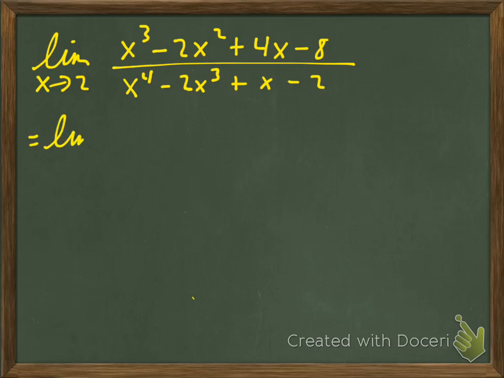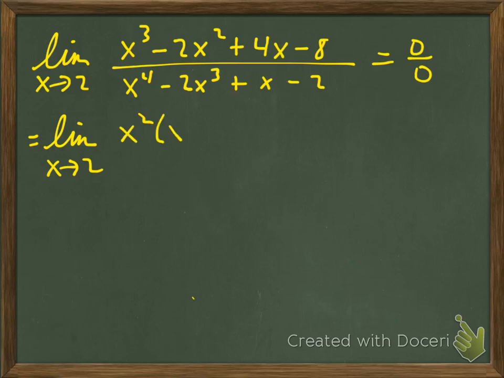Understand that when you see one like this, it's always going to be 0 over 0 in these problems in the book. But if you eyeball it, 8 minus 8 is 0, plus 8 minus 8 is 0 up there. And then down here, 16 minus 16, 0, plus 2 minus 2, 0. So we clarified that. So x is approaching 2, and then in our numerator, let me scratch that,